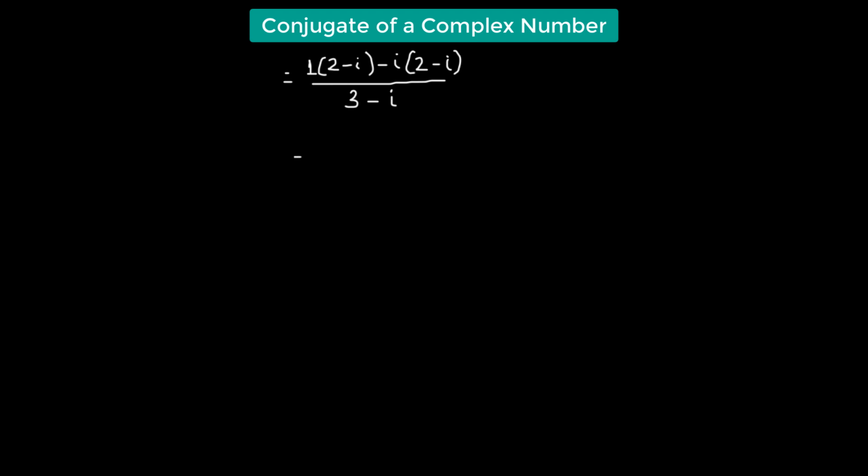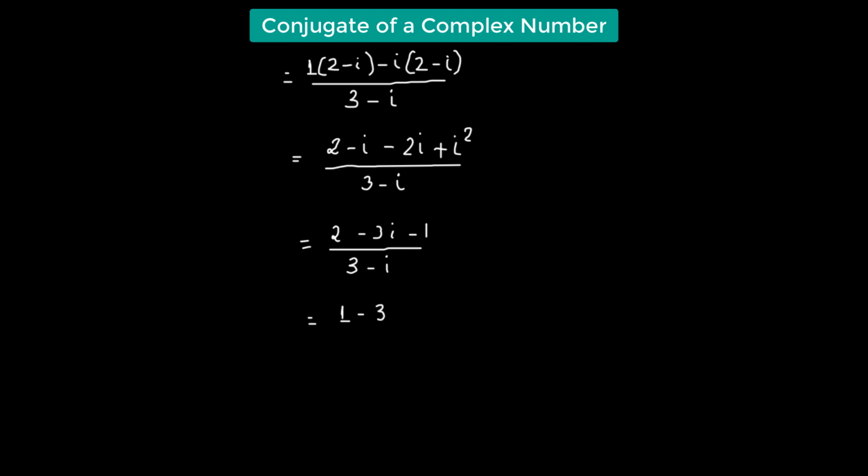So that should give us 2 minus i times 2, which is 2i, minus i times minus i, which will be positive i squared, divided by 3 minus i, which is equal to 2 minus 3i minus 1, as i squared is negative 1, divided by 3 minus i. So we have 1 minus 3i divided by 3 minus i. Now we are going to multiply the numerator and the denominator by the conjugate of the denominator, which is 3 plus i,